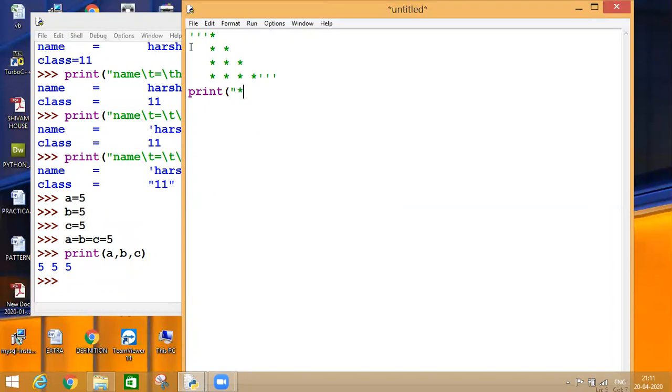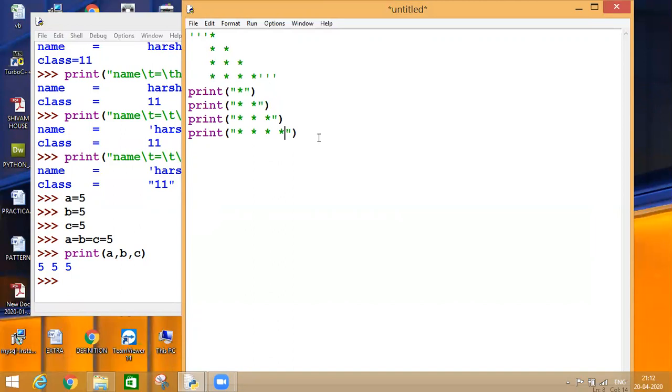I can write this. And if I copy the same thing, Shift Home, Ctrl C, Ctrl V, one more time Ctrl V, and I increase. Sorry, not here, here. And 2 more stars over here.